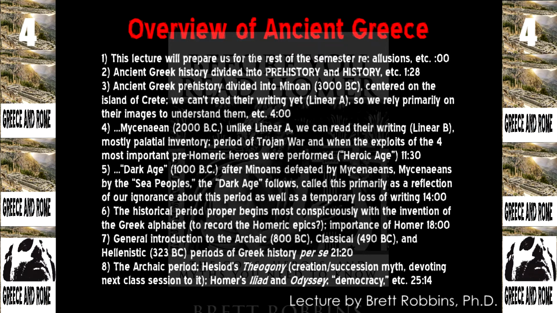It's a myth that deals with the creation of the universe from the very beginning, just like Nun and Benben and Osiris, etc., in the Helios creation myth from Egypt. Hence my giving you that one first before we get to Hesiod. And then a succession myth, which deals with the 1, 2, 3 succession, not of history or prehistory, but rather of mythology. And that is the first king of the universe, Uranus, the second king of the universe, Cronus, and the third king and final, really, depending on how you interpret it, if you believe it, which I don't necessarily, but we'll call it that for now, Zeus, the king of the gods in Olympus forever.